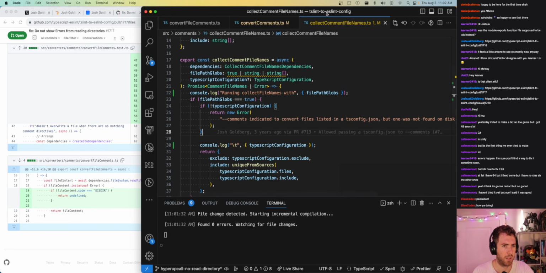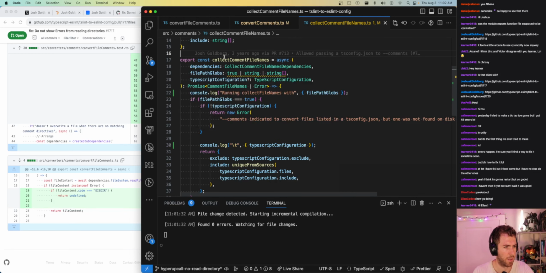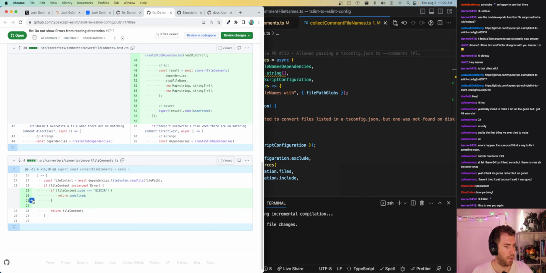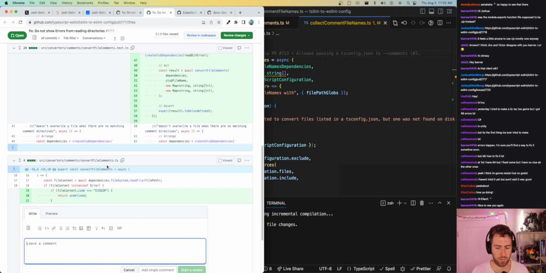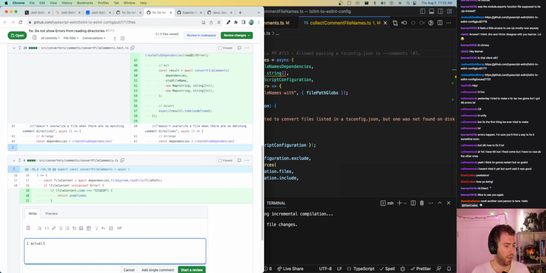So the way that tslint-to-eslint-config works is that if you pass in dash dash comments, it'll convert your old tslint comments to eslint. The problem is this PR has an approach I'm not super into. Actually, I think the approach here isn't what I prefer. Convert comment file names is taking in a TypeScript configuration that looks like